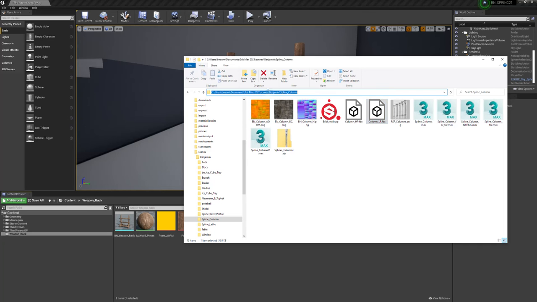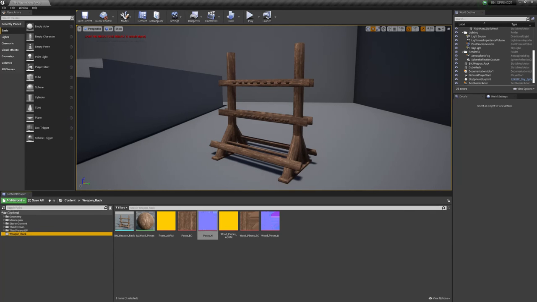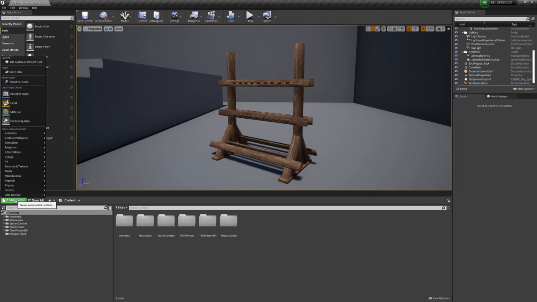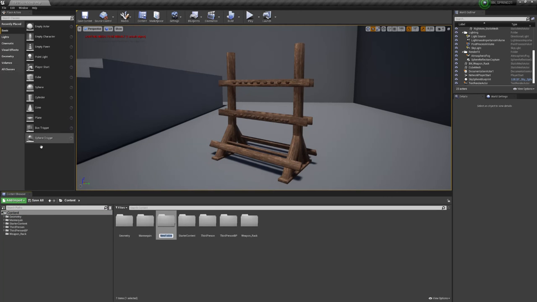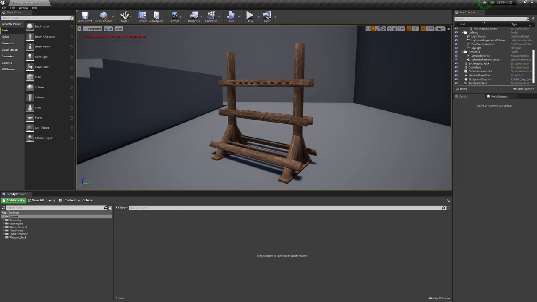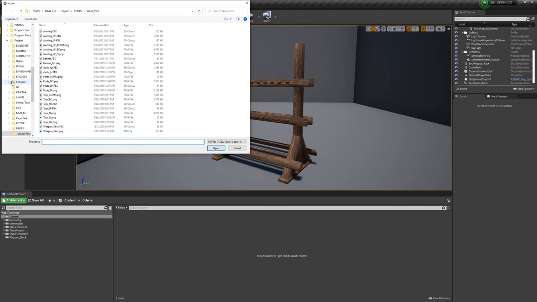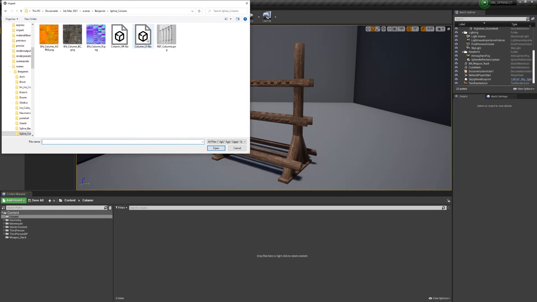So if we just copy this path, come back here to the content browser, I'm going to go up to select content and just add a new folder, call it column, and then open that up. I can click on add import again and say import, navigate to that folder. I'm going to select all three of my textures and, holding control, click on column LP, that's the low poly,